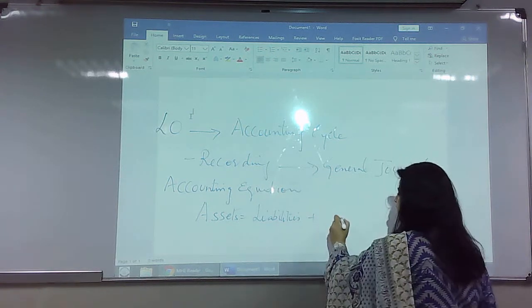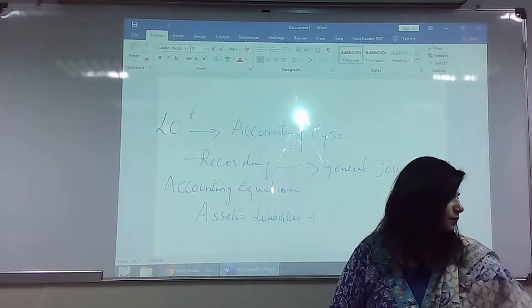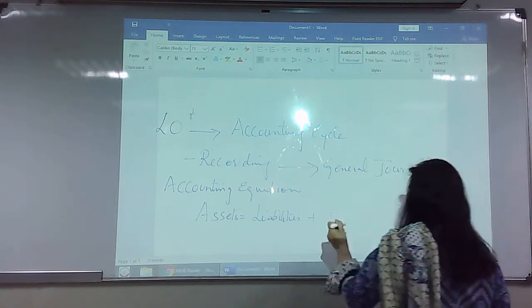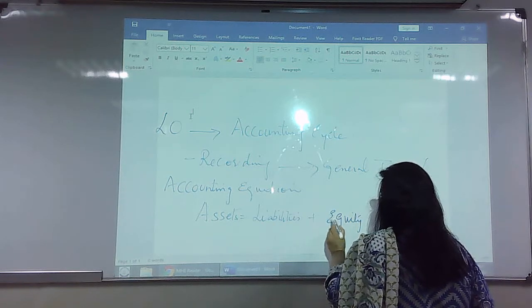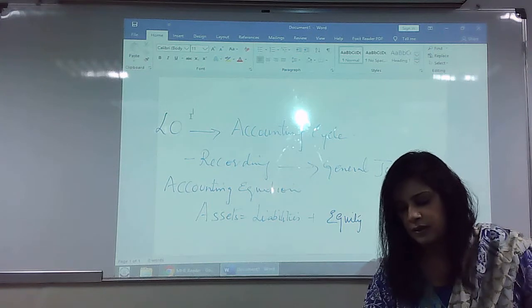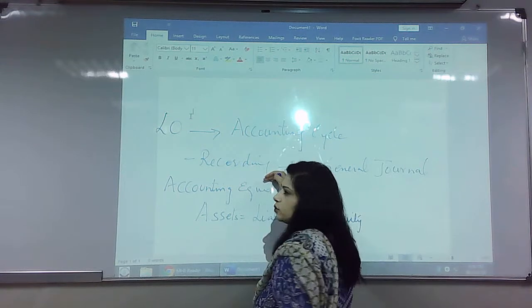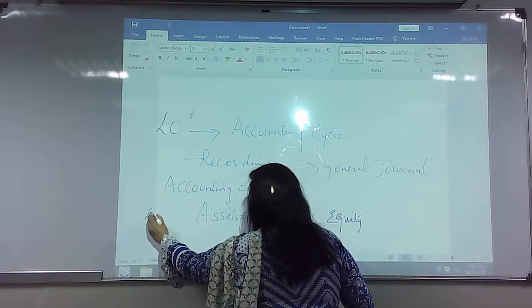So we can just have this as equity because the company can have various sources of funding. Yes. So now you can say that this company, I would just simply say that it is liabilities plus equity. Now there are debit and credit rules before we actually learn how to do the reporting. So this was the accounting equation.